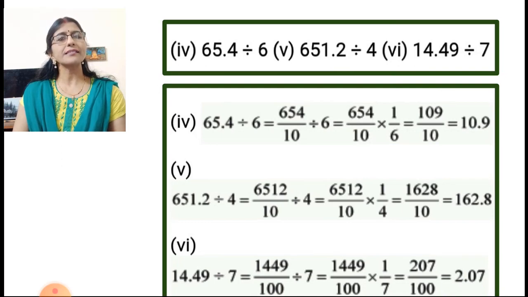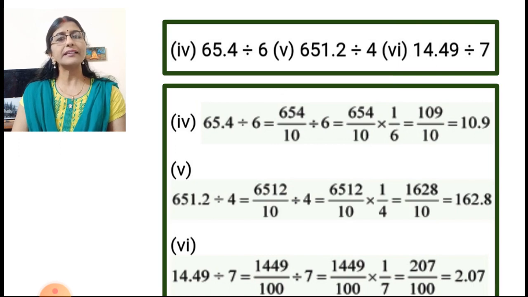Now these are similar kind of questions. 65.4 divided by 6, 651.2 divided by 4, 14.49 divided by 7. So let us do one by one again. So 65.4, again one decimal place. So we'll write 654 upon 10 divided by 6. And then 654 upon 10, division will become multiplication. And 6 we have to write in reciprocal form. So you'll get 1 upon 6. And then you will reduce this 654 and 6, you will get 109. You can divide it by 2, you can reduce it by 2, and then 109 upon 10, and then at the end you will convert it into decimal form,